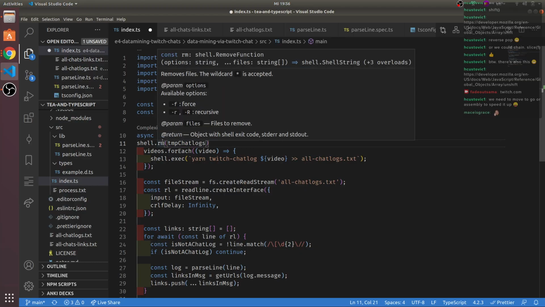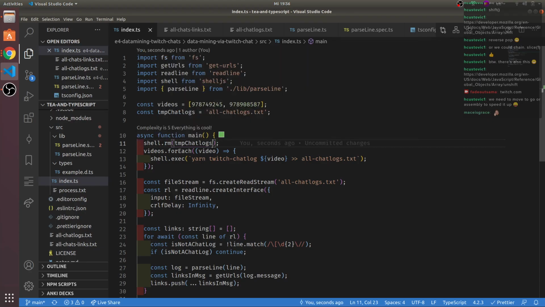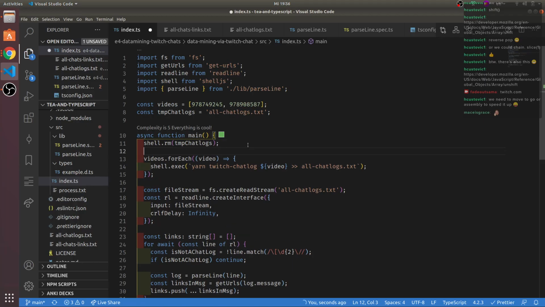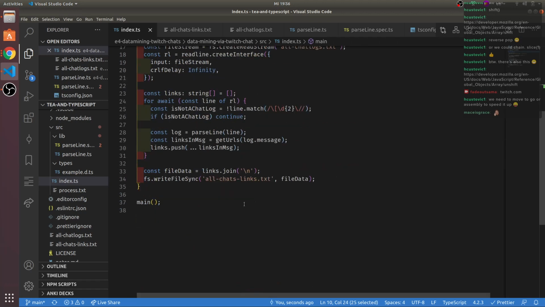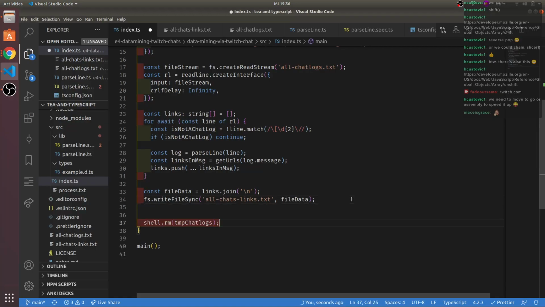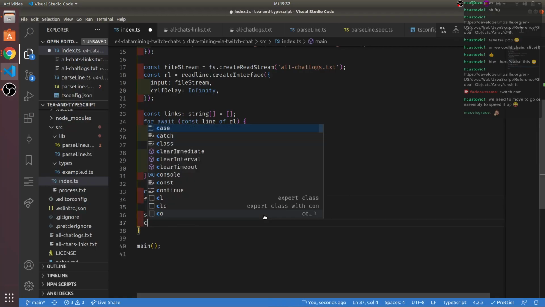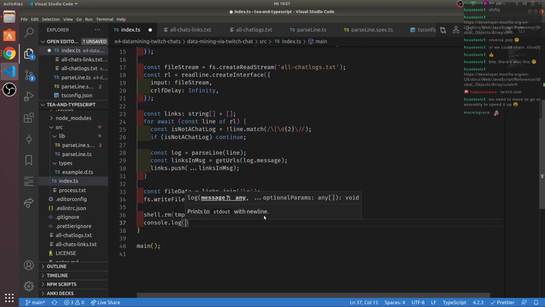We do want to remove this, and hopefully it doesn't fail if it's not existing. And ideally we also do some cleanup at the end, like so, and then we do console.log